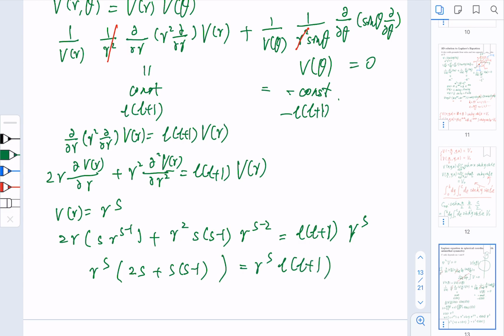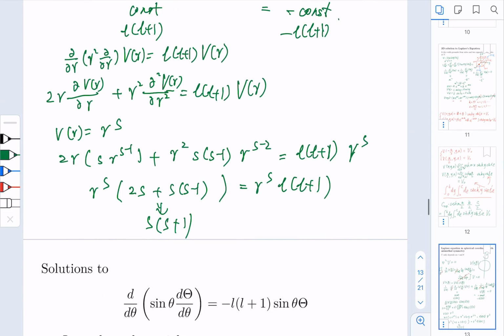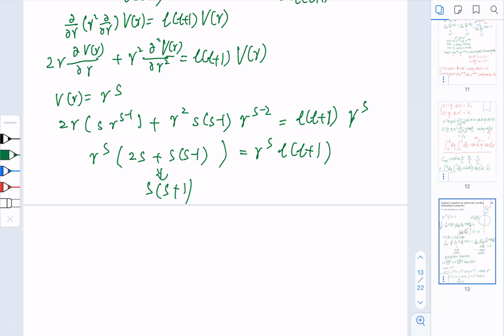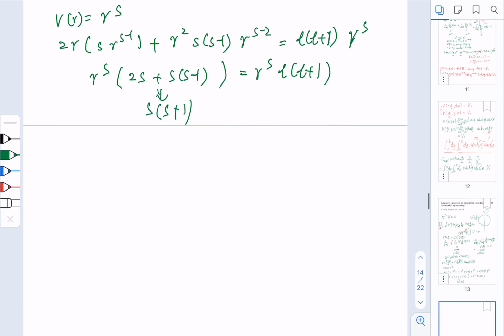So we see that on the left, this one is also s times s plus 1, which means here s could actually be L, right? However, that's not the end of the story. So s can also be